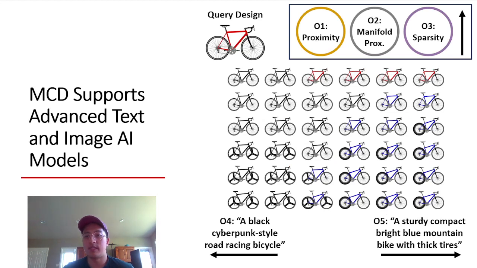Now, to showcase how MCD trades off different objectives in this scenario, I've put together a little objective priority map here, showing what MCD samples under different weightings of the 5 objectives. At the top of this map, the weighting of proximity, manifold proximity, and sparsity are higher. Towards the left, we prioritize similarity to the black cyberpunk bike, and vice versa on the right. I should note that we only sample one design per objective weighting, so diversity is not really a factor